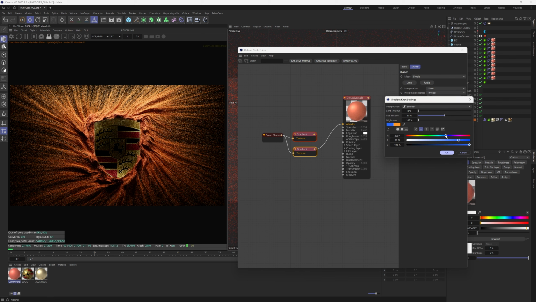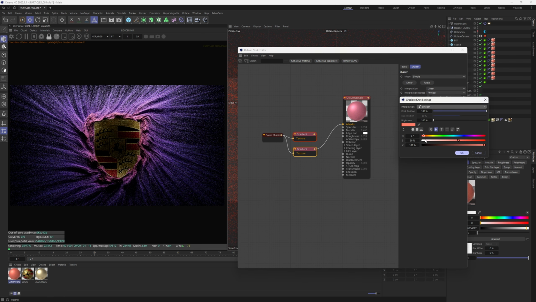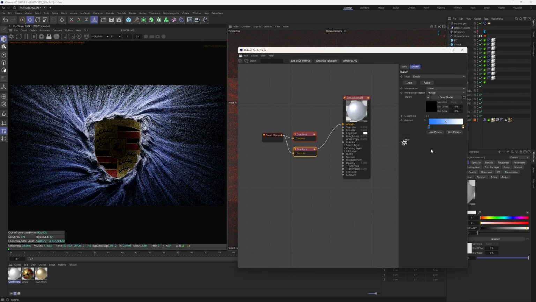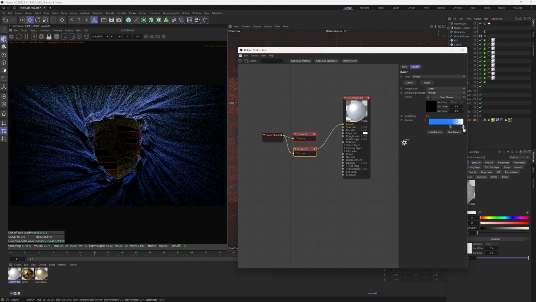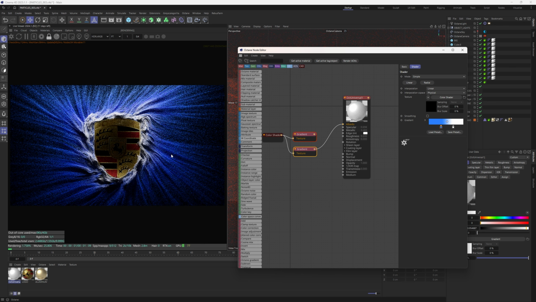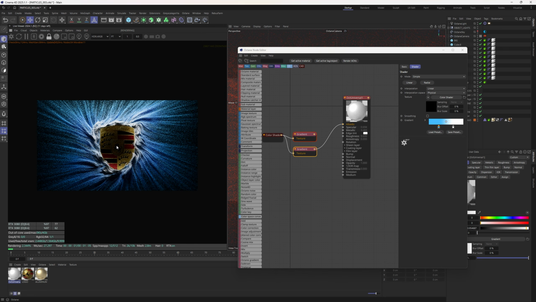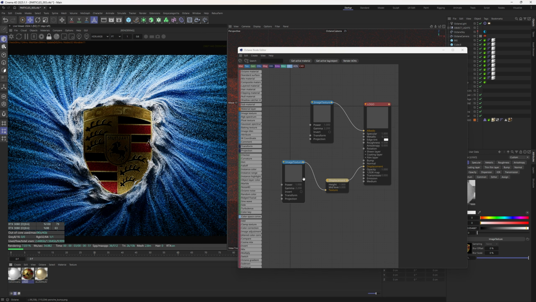We could do a blue into a white, and you can clamp this and change this to get more of the kind of color you want. So you could have that blue kind of tighter, or you could have it fade more. And another thing I actually did with the Porsche logo